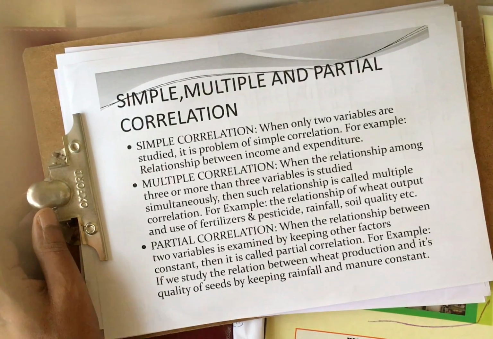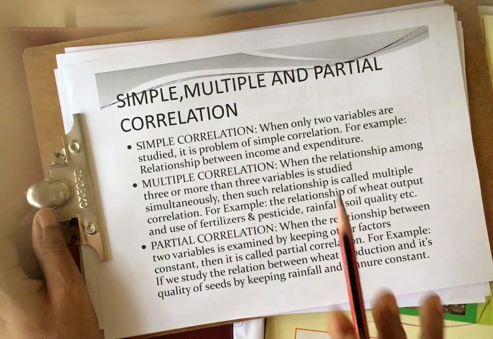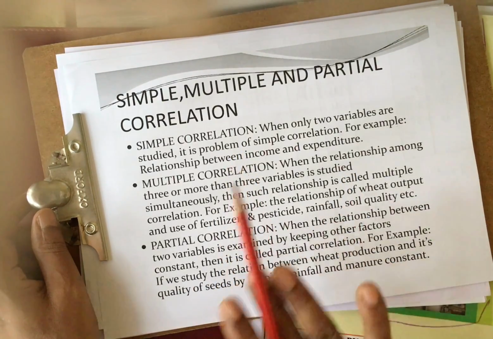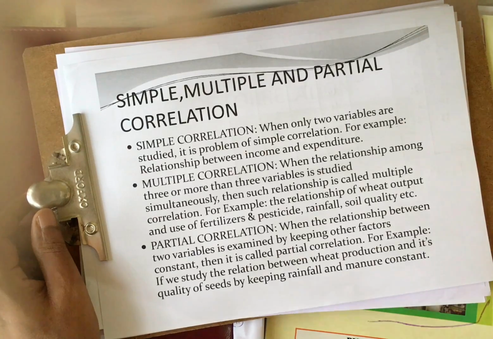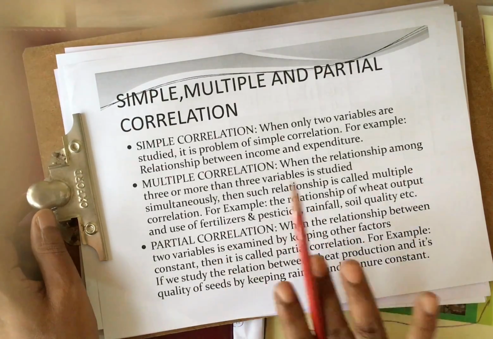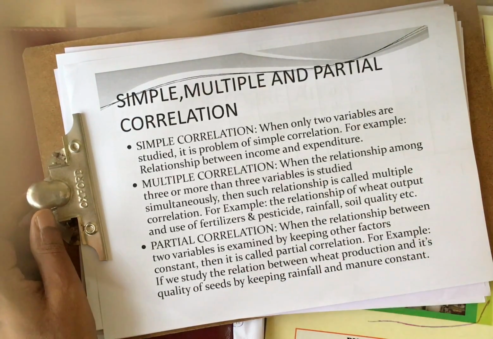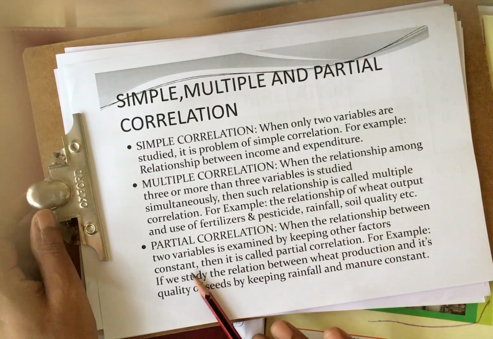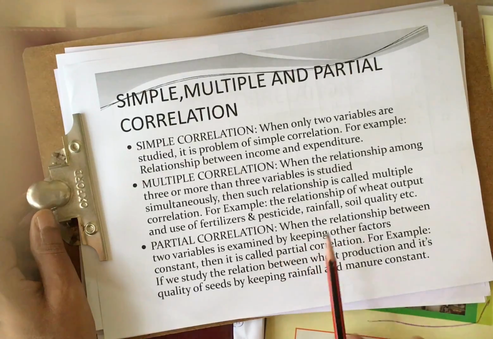The same way, supply of X good depends upon different factors, like price of X good, income, technology, tax, indirect tax, like that. But there also, if you are keeping other factors constant, and only price of X good and supply of X good are taken, then that is called a partial correlation. We can say in partial correlation, although different factors are there, keeping other factors constant, only two factors are taken. So this is a simple correlation, two variables; here, more than two variables; here, although more than two variables are there, only two variables are studied.